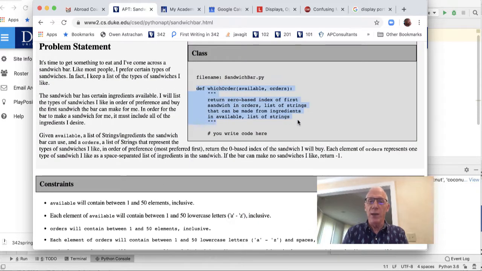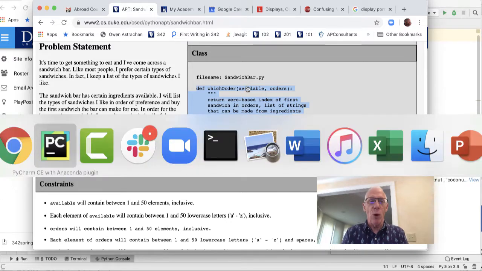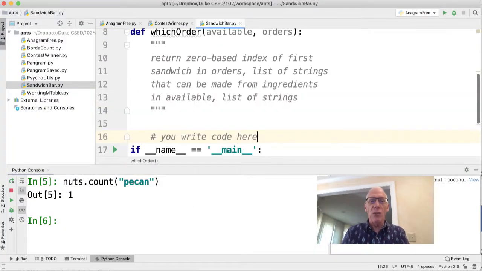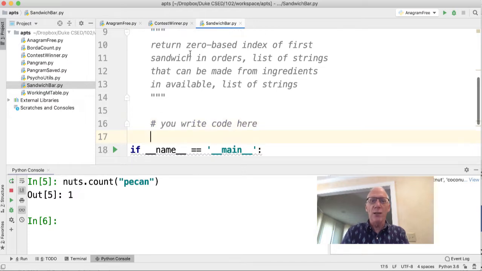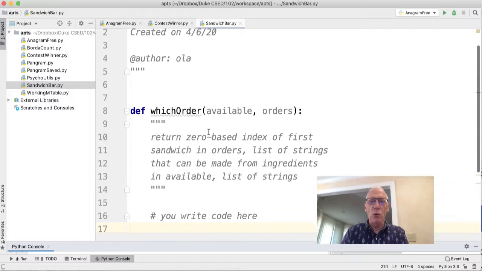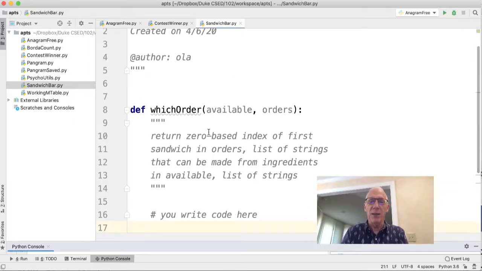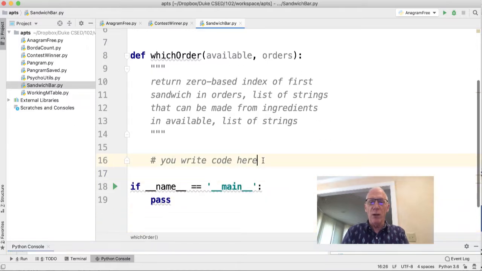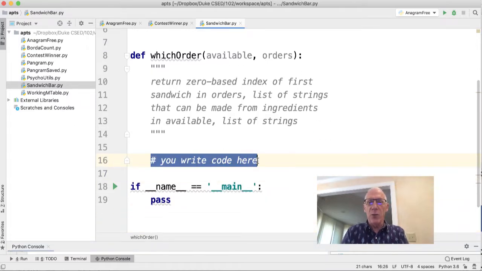Well, there are a lot of different ways. And let me copy and paste this code into sandwichbar.py and see where we're going. As always, I am strongly suggesting that as you do an APT, you test it first locally. So I'm going to do that by copy pasting some of the examples there. This returns a zero-based index. You write code here. I'm going to replace that with simply return 0